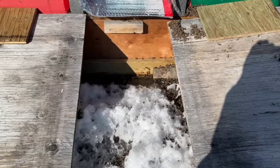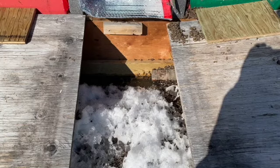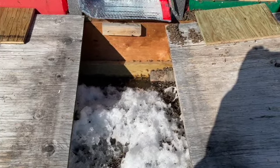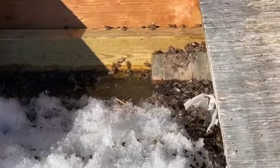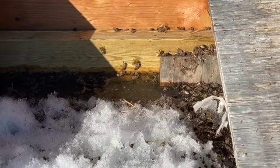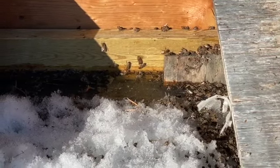So I just added 2 pounds, so 2 patties per colony. I guess the sick one is really sick. There's not that many bees left in there. And I guess the other problem I just noticed is, notice these bees here drinking water. So nosema, this amoeba disease, is transmitted through water. So you can see how